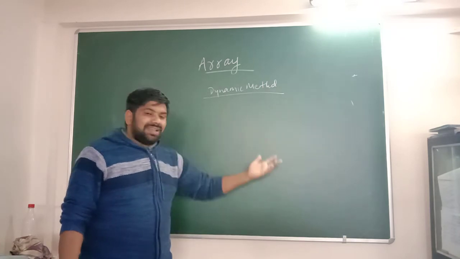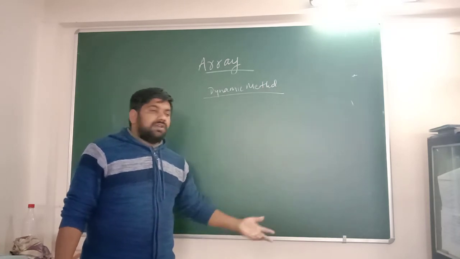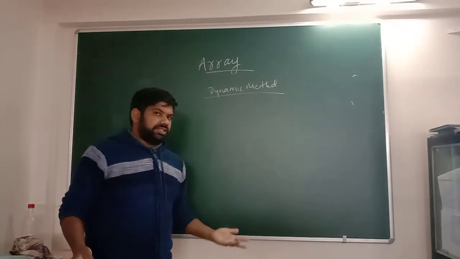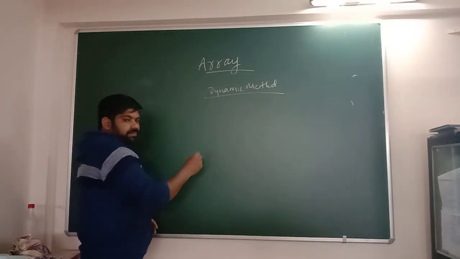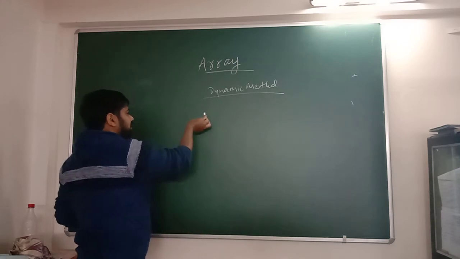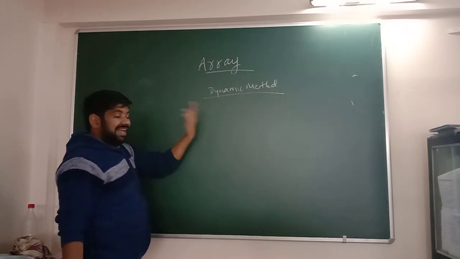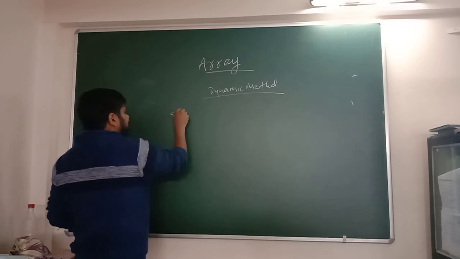In the static method the values were already given, whereas in the dynamic method the values will be taken by the user itself. So let's find out how we are going to declare a dynamic array. The syntax will be the data type,